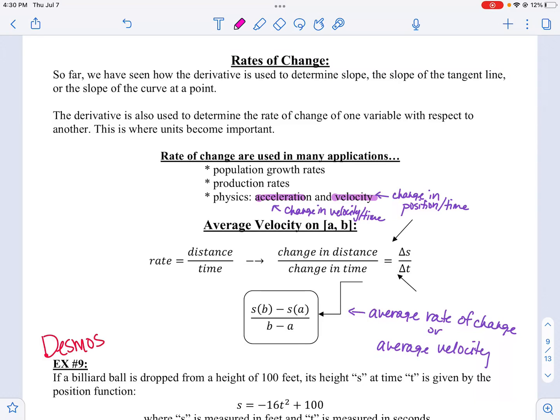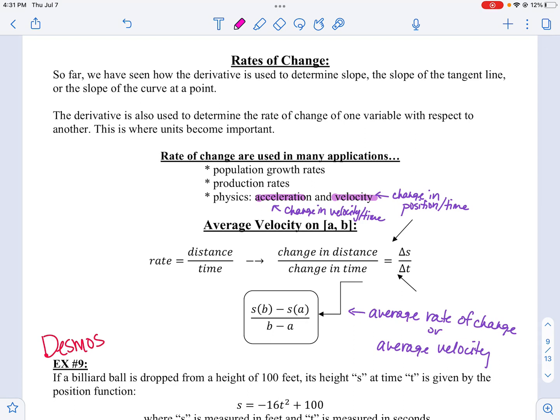In this video, we're going to talk about how we can transition now from knowing the average rate of change to learning the instantaneous rate of change now that we know how to find a derivative. So far we've seen how derivatives can be used to determine the slope of a tangent line, or the slope at one point, right? Well, we're going to use that idea here in a second to find the instantaneous slope or rate of change